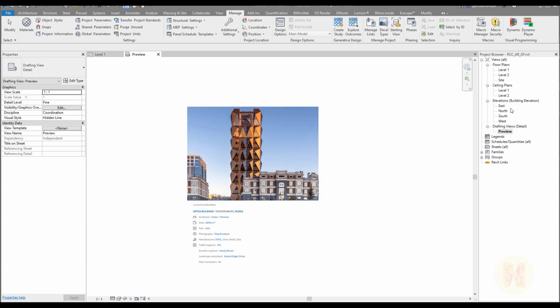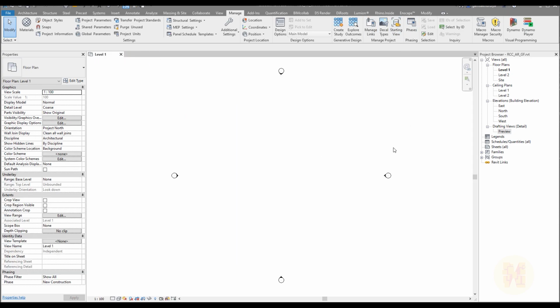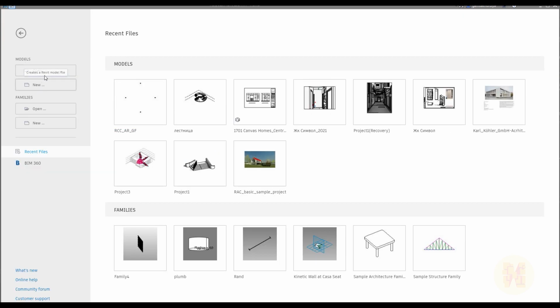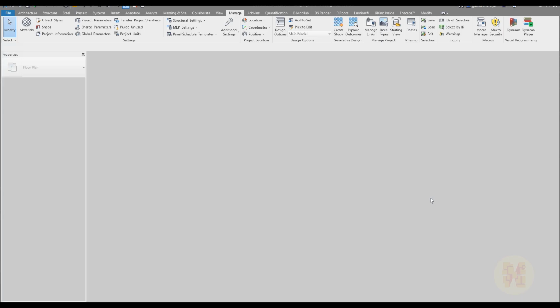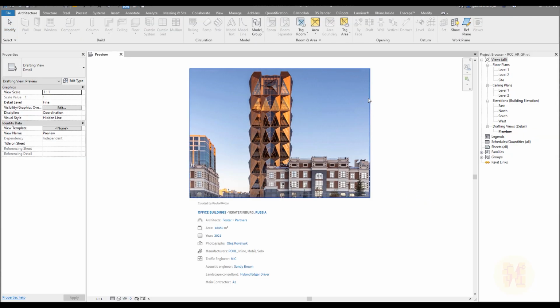So why did we make this starting view? I will go, for example, to level 1. You can see it here. I will save it again, close my project, and open it up again. As you understand from Revit, if you finished your project on some other view, it automatically shows you the last view. But if you have the start view, as you can see, you will automatically go to the